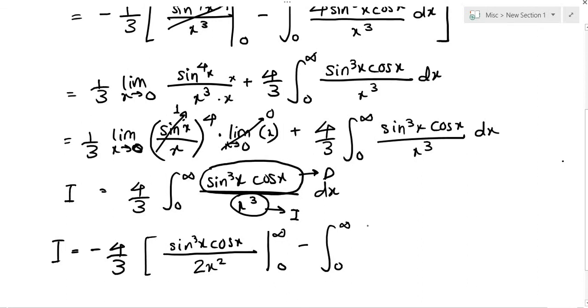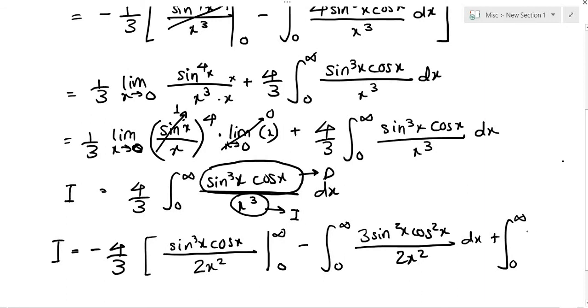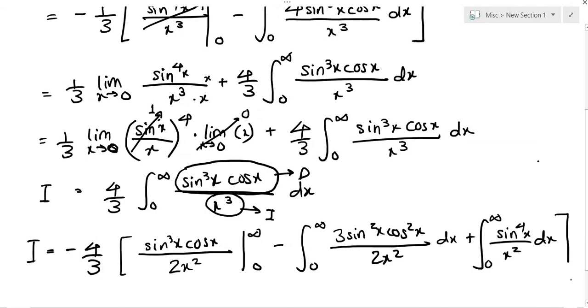the numerator, and we just found that out now, didn't we? Well, that was the first term, sine squared x times cosine squared x divided by 2x squared, minus the second term, minus of minus sine to the fourth will just be positive, integral from 0 to infinity of sine to the fourth of x over x squared dx. You might want to close this square bracket here. We have a 2 here, so don't forget the 2.